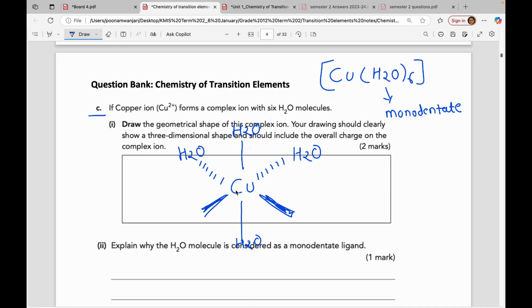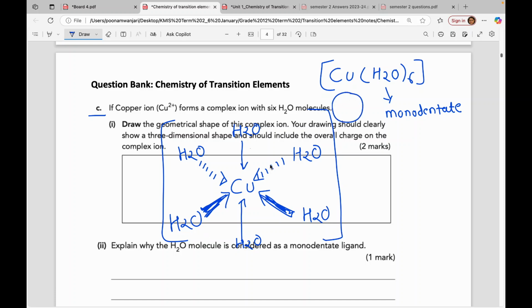This indicates the bond is coming out towards you, popping out from the page. And in all cases, students, the arrow points towards copper, as water is donating a lone pair of electrons and water is the ligand. Then it is very essential to give the square bracket,